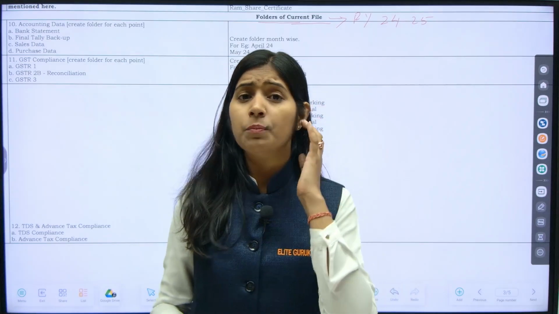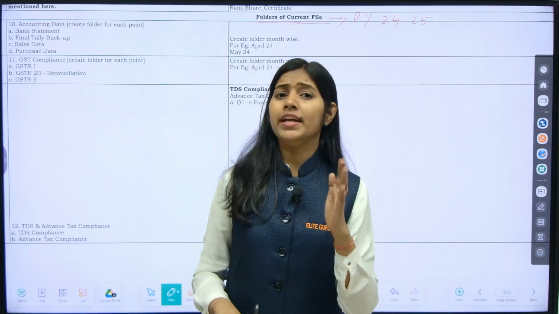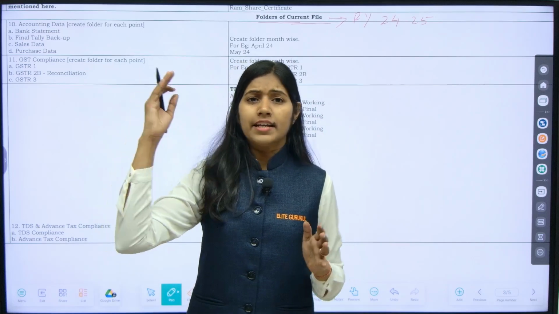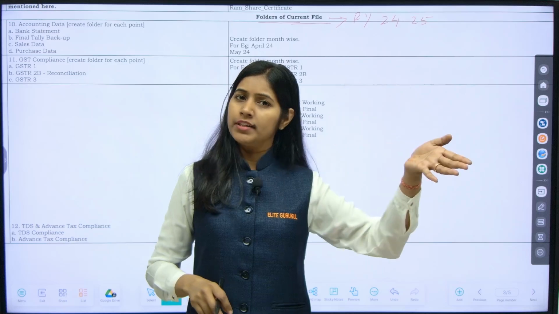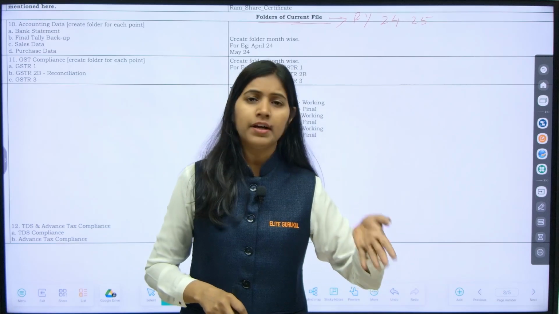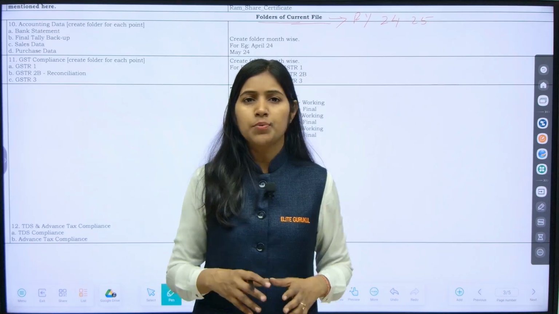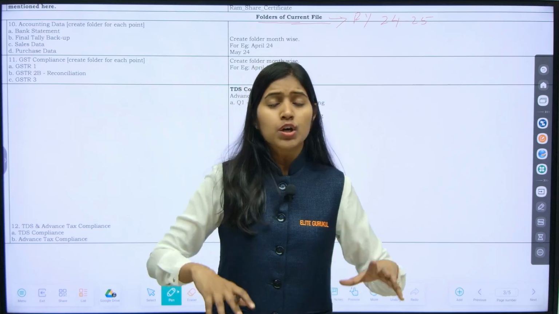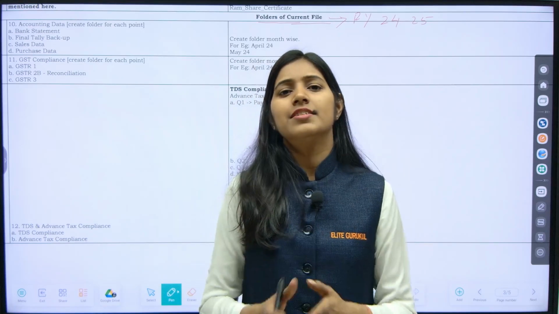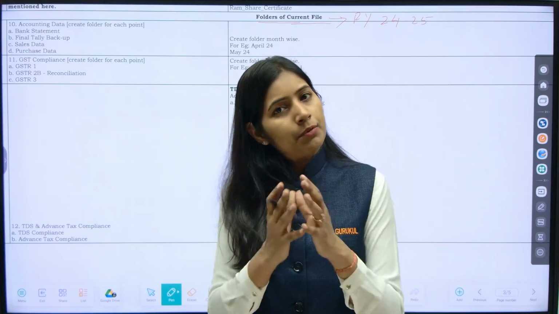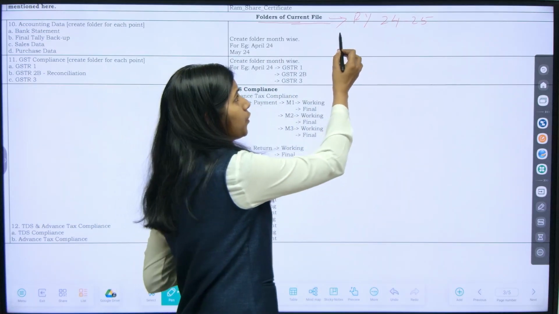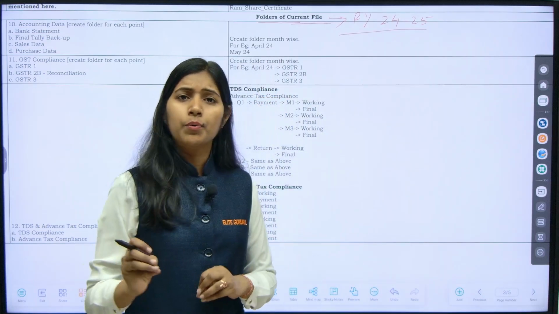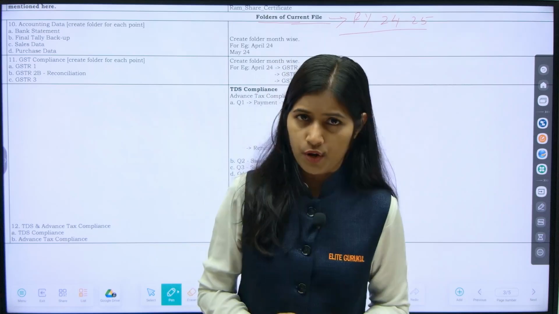This will give me clarity that if this thing has happened in the financial year 24-25, I don't have to go into 23-24 and search for this document. I will get it in the financial year 24-25 itself. So you create a distinction between two different financial years, which is the best thing we can do. So for financial year 24-25, you will create a folder.